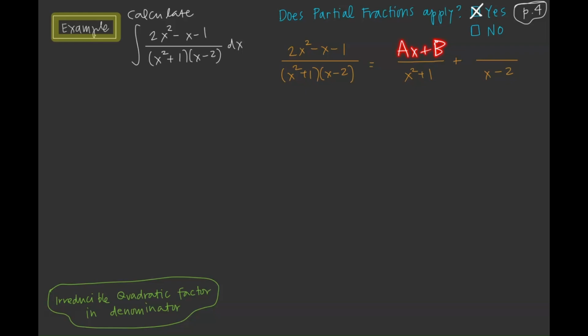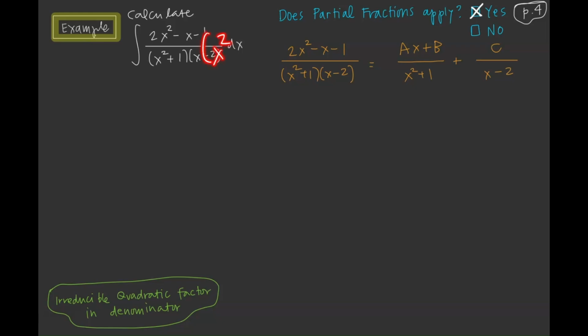Our goal still is to find what a, b, and c are, but in order to clear all these fractions, we're going to use a linear factor up here. And that will always be true, the thing that we try when we have that quadratic factor in the denominator. Okay, so let's go ahead and do that. We have ax plus b right here, and we have a c here. We'll do the same thing that we always do. We'll multiply both sides